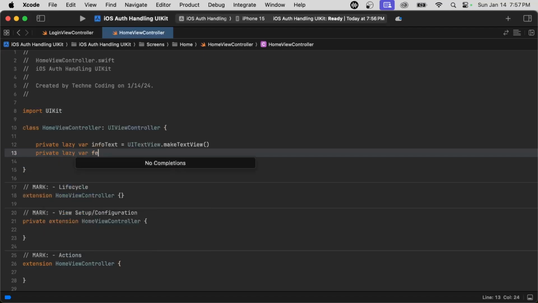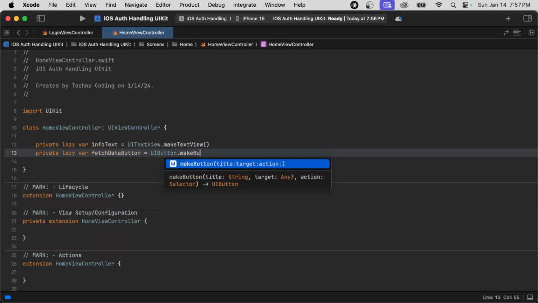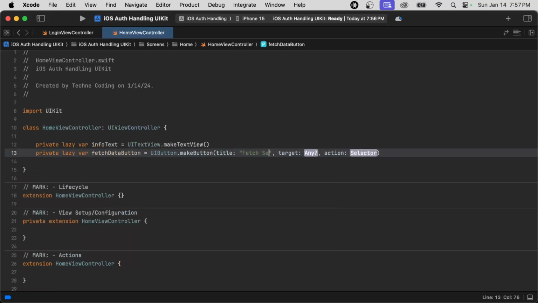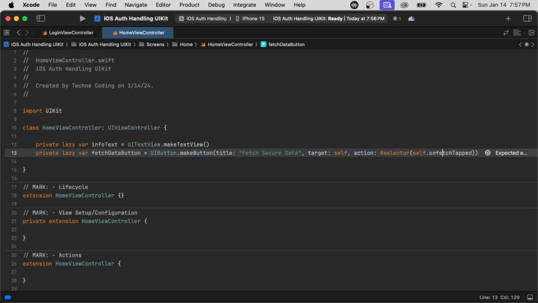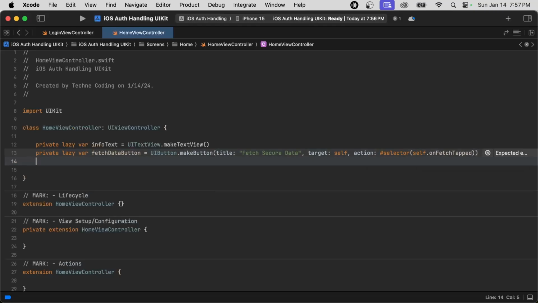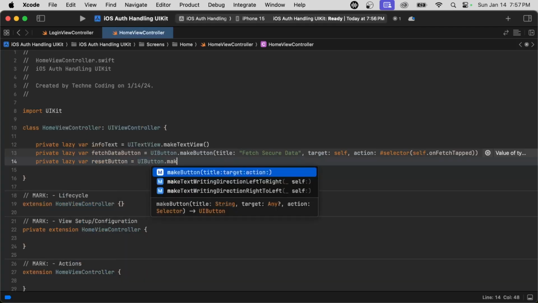Private lazy var fetch data button, UI button dot make button, fetch secure data. Target's going to be self. The action is going to be a selector, and we're going to make a function called onFetchTapped. Spell it right here. We're going to make these functions after we're done defining these views. Private lazy var reset button equals UI button dot make button